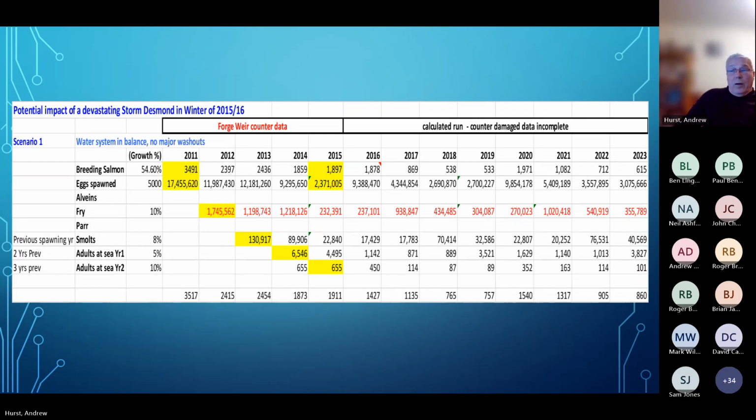In 2013, of those fry, only 8% will survive through to the smolt stage. So of that 1.7 million, only 130,000 have made it through to the smolt stage. So in 2013, we've got 131,000 smolts going to sea,